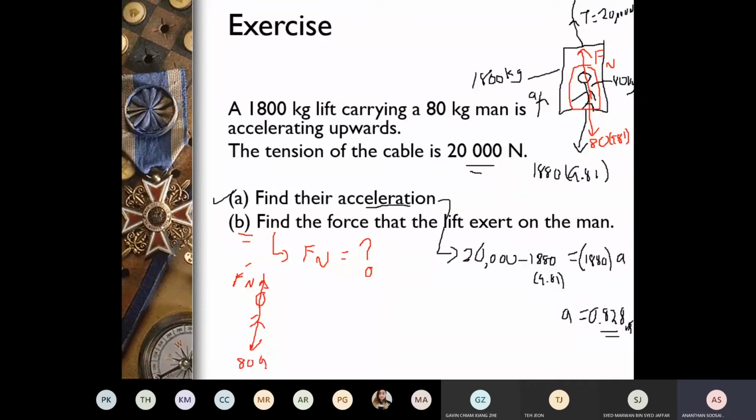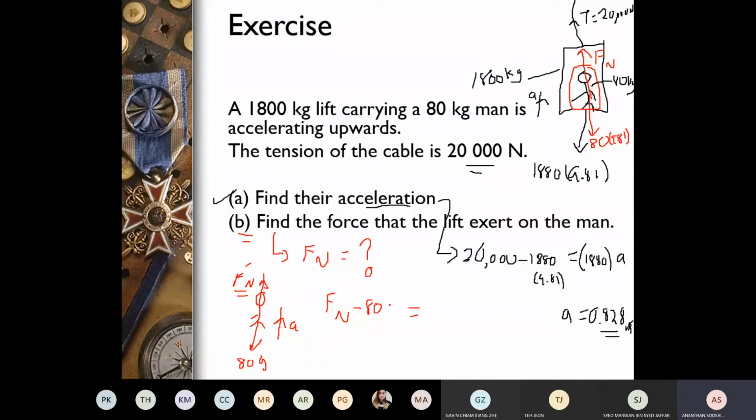But the person is found to be accelerating where? Upwards. Can you make an equation now? What equals to ma for the person? Normal force bigger or weight bigger? Of course, it's normal force bigger because it accelerates upward. So, normal force minus